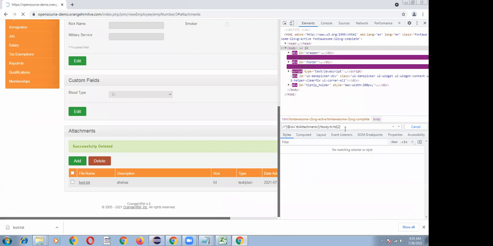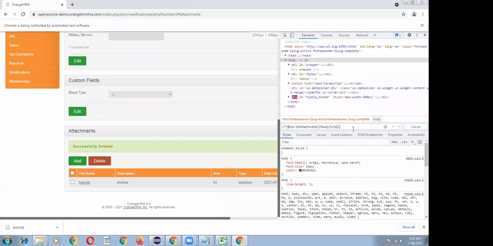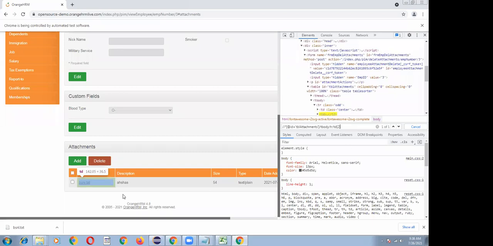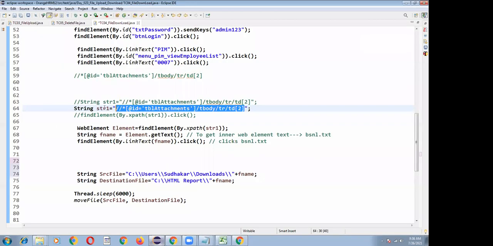So this is the web element bsnl.txt. When I click on the outer web element XPath, the click operation is not happening. Only when I click exactly on this file name, it downloads. So I have taken the outer web element XPath and stored it here, and I'm creating a web element object, find element by XPath of str1 web element.